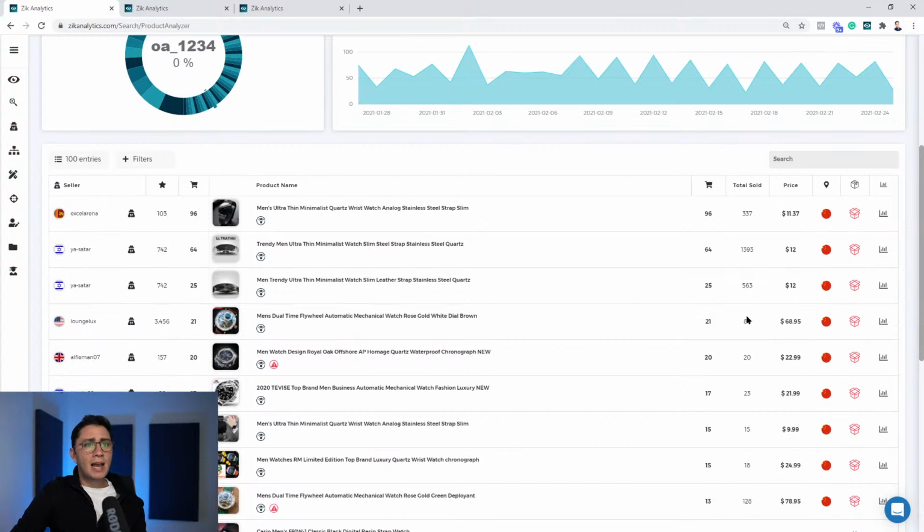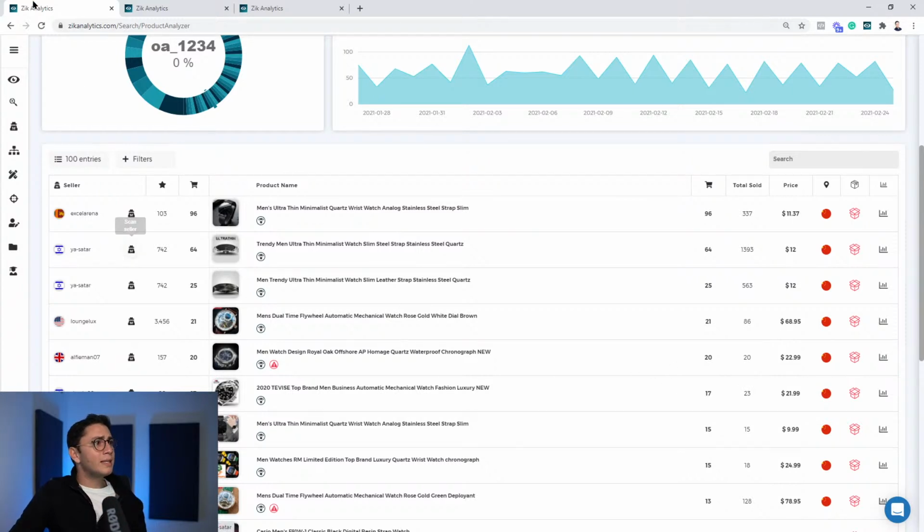If the seller has high sales but a low amount of feedbacks and he's selling for a high price, that means he's a good seller, right? If he's selling for a very low price, that is a little hint that maybe he's working on very low profit margins. However, you need to navigate in the right way, so that you're not spending all day just on finding sellers if you don't have enough time. If you have only 2 hours per day, you will need to make smart decisions along the way to find the right sellers, okay?